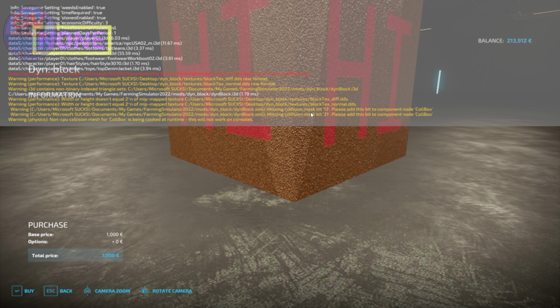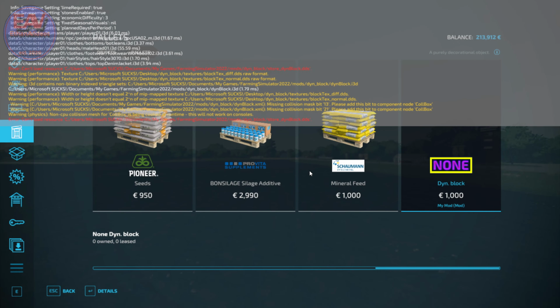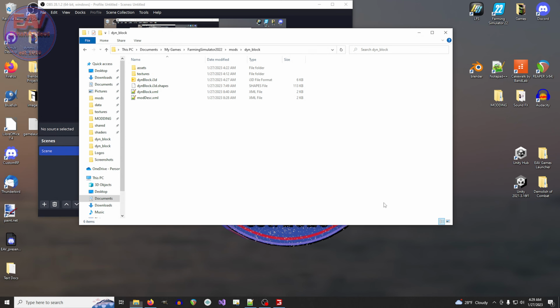We're going to be setting collision mask. And here it's telling us that this will not work for console. So anyways, we need to go and set a collision mask 1321. So I'm going to show you how to set a collision mask. So let's go back over here, go to your mod, go to your i3D,